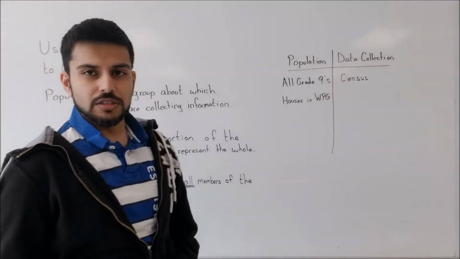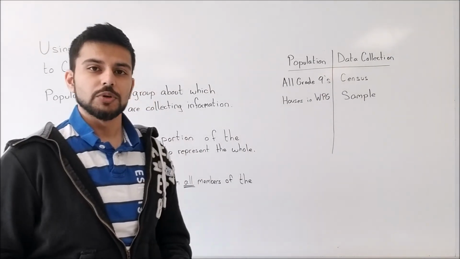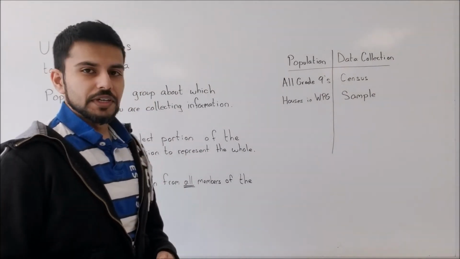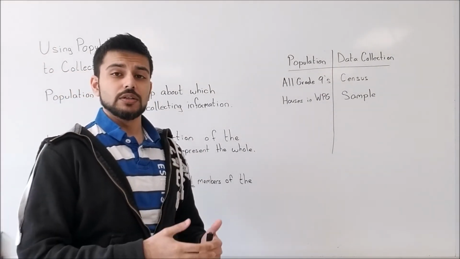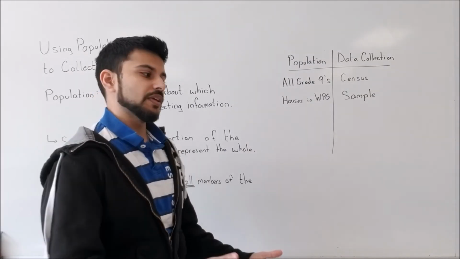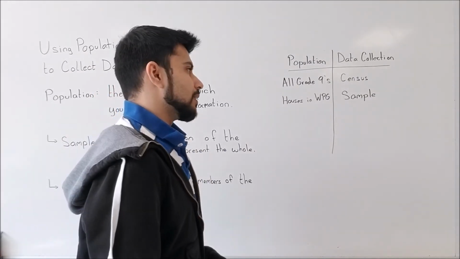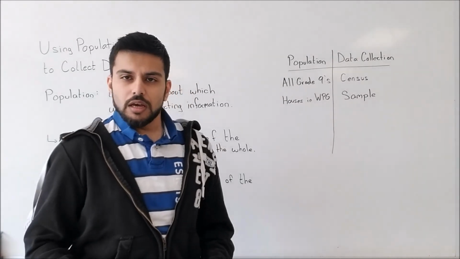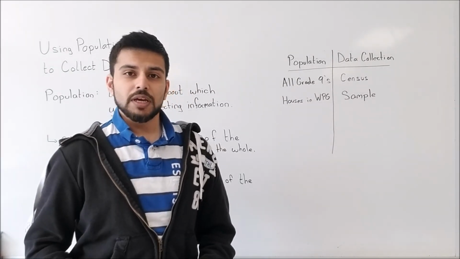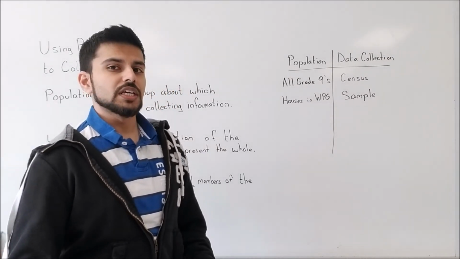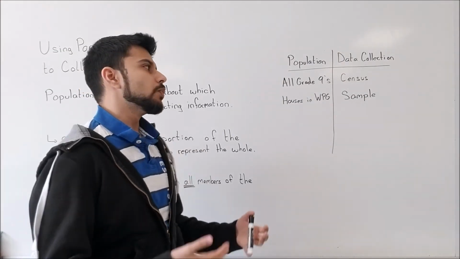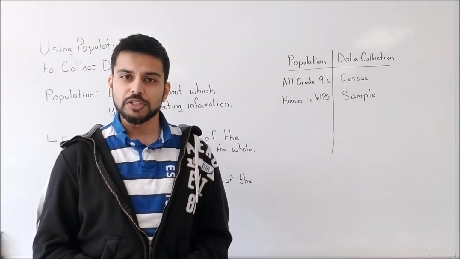And for data collection, we are going to use a sample, just because it would be very difficult to speak to every single person in Winnipeg and ask them if they had a basement or not. But if we had a general idea, maybe 10 houses from every community, still very difficult to do, but it gives a general idea,